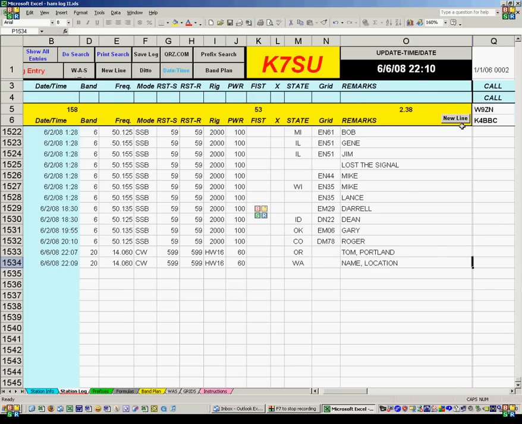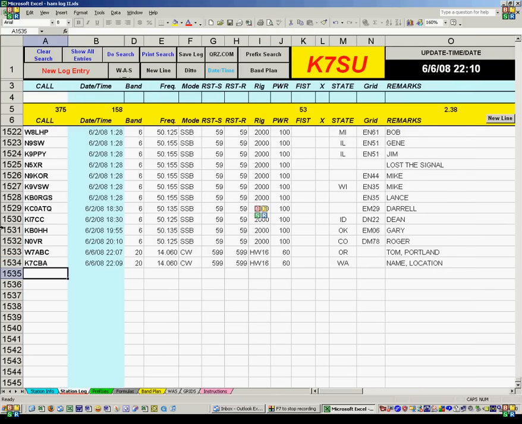So then you can press new line and come back down here again. This has a lot of searching features. Let's say you work somebody and you think, gee, I think I might have worked him before. You can go up here and type in his call, say